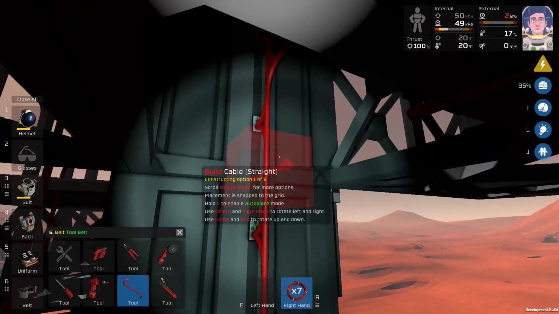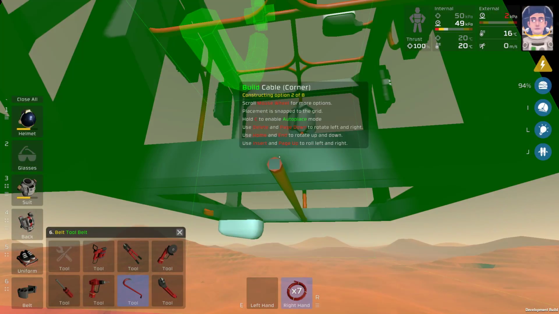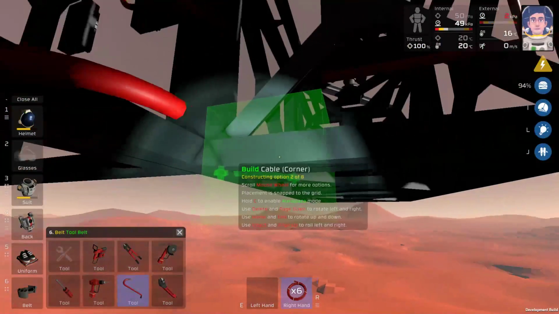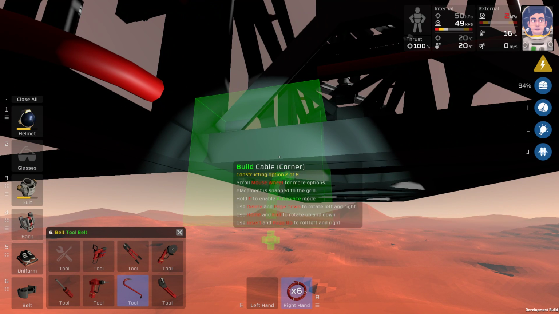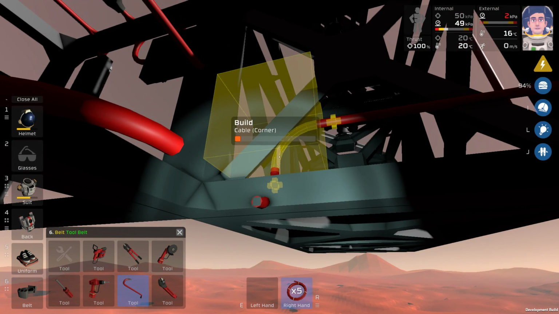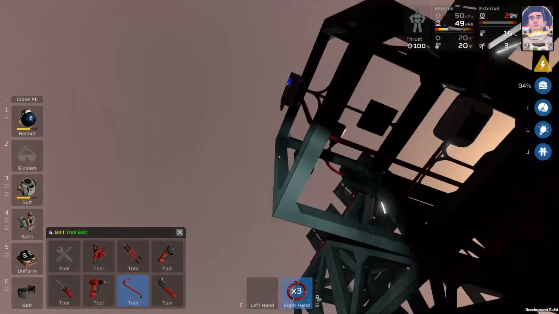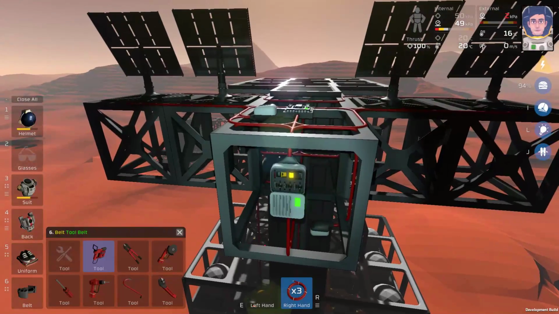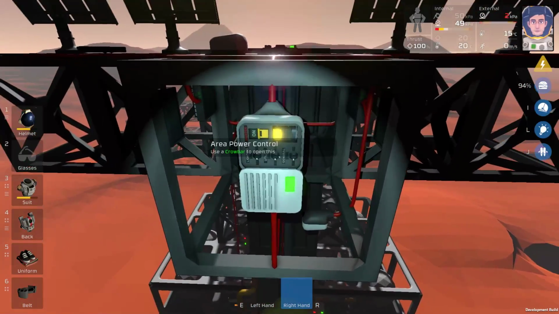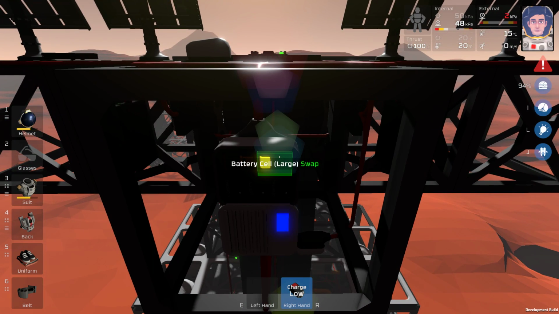But all of the cables that I have right now, like literally every single one that I've basically constructed, is temporary. And the reason it's temporary is because eventually I'm going to want heavy cables, which is a different type of cable that can hold more power. Not every cable, but most of them. So at this point, our area power controller here is now charging off the battery and not charging the battery,